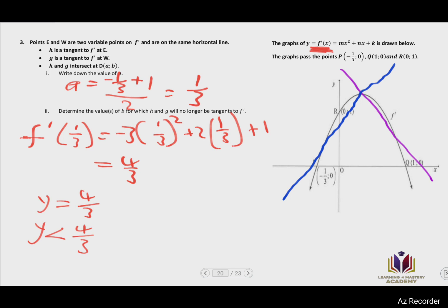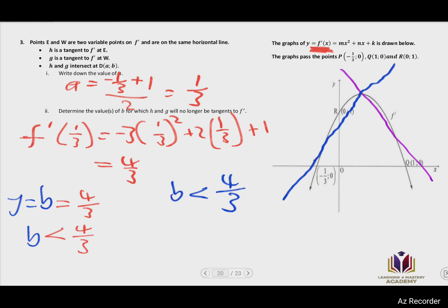Okay, then your answer becomes that if our Y value is anything less than 4 over 3, then they said the values of B for which H and G will no longer be tangents to F prime, right? Now let's see. This is the Y value of, oh, sorry about that. It shouldn't be Y, should be B, because B is technically the Y value. So Y equals B equals that. So if B is less than 4 over 3,